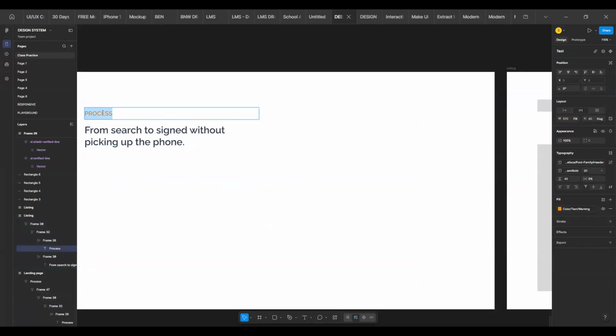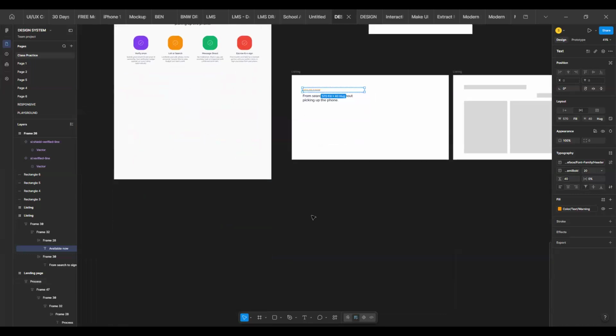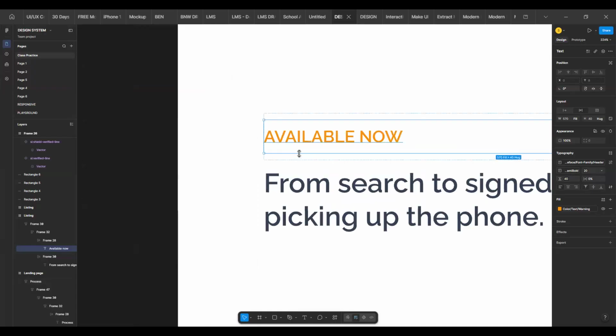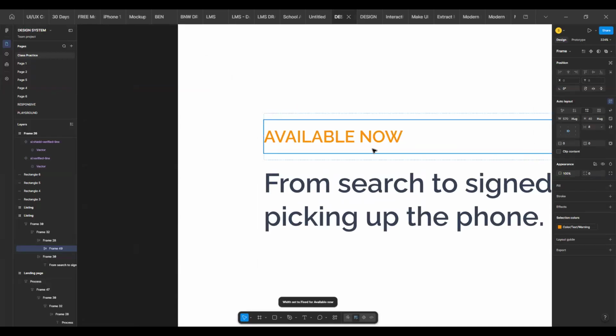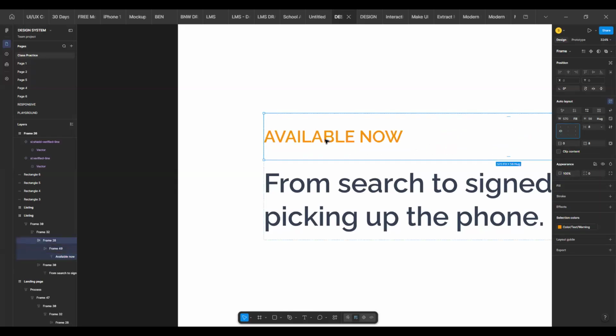So this is going to change, and then this is going to be available now. Okay, so it's going to be like what is available at the moment, right? So I'm going to say available now. So just to be consistent, since we did not put this in a frame, I don't think there's any need to do that here. Except that this section is actually calling, so we could put this in an auto layout and then make this to be hug and make this to also be hug and then put this towards this end,